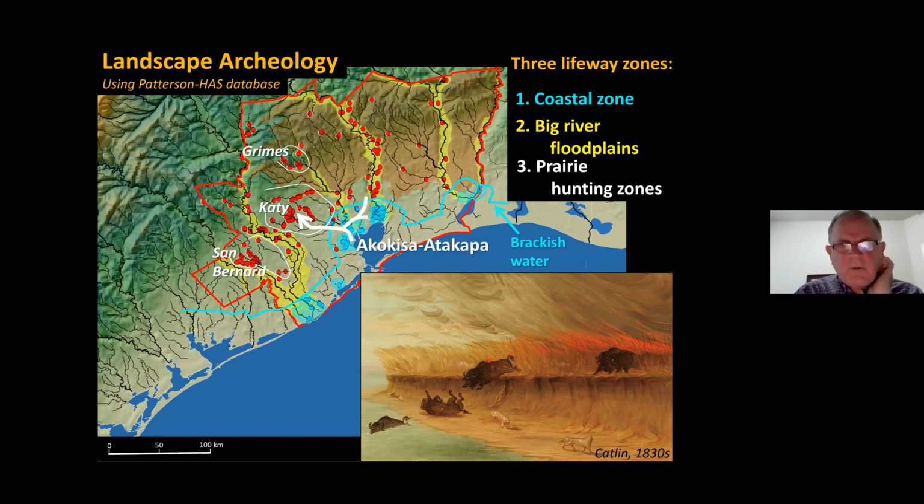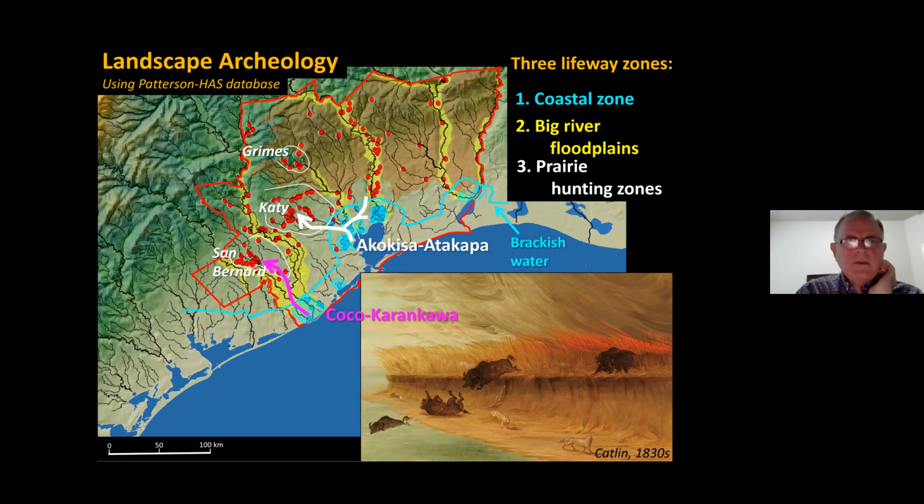Yeah, so what we see from projectile point data and also from ethnohistoric data is that the Akokisa lived along the coast in historic times and lived off of clams and oysters in the warm months, and fish, of course, and then moved inward in the fall for bison. We were coming down from the northwest, seeking in the winter time, seeking greener grass along the coast. In the Brazos in Colorado River area, they came from their haunts along the coast, and the same thing in the fall. They went up into the prairie to these